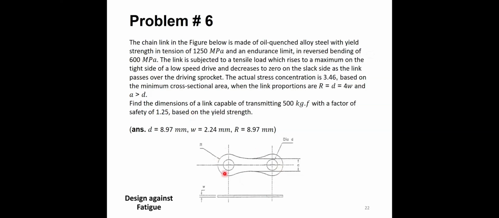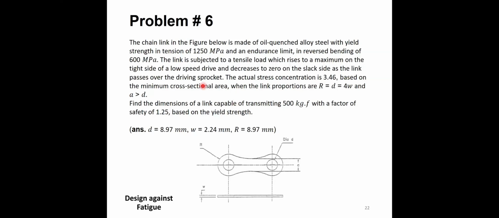You see here this is a chain link with some given proportions. The radius of this circle is R, capital R. The diameter of this pin here is small d. This distance here between these two lines is small a, and the thickness of this part, if you look from the top here, is W, right? The material is characterized, so the yield strength of the material is given and the endurance limit in bending is